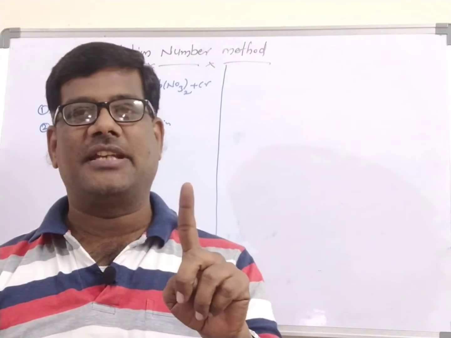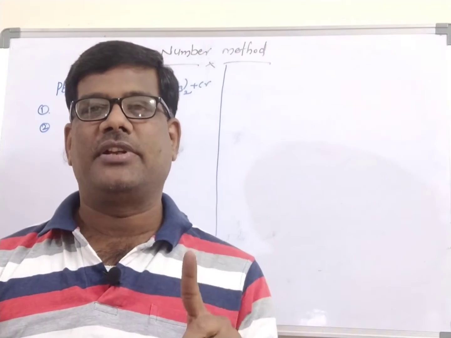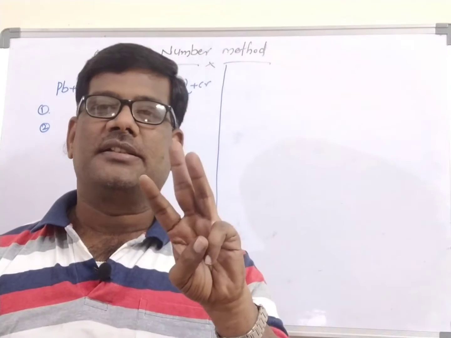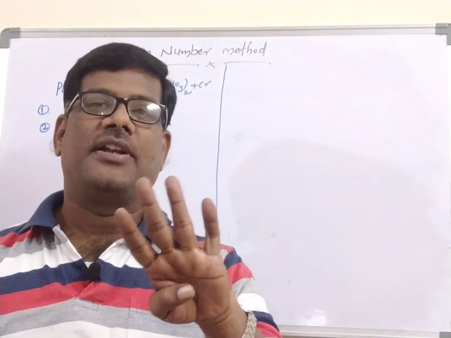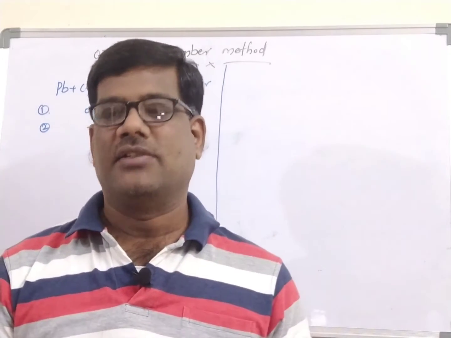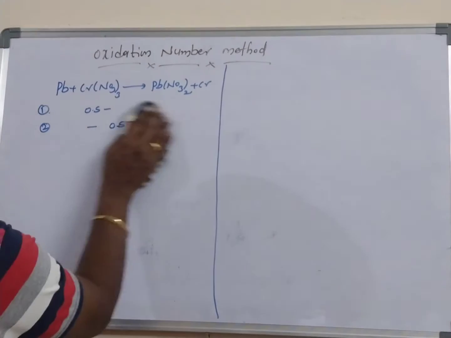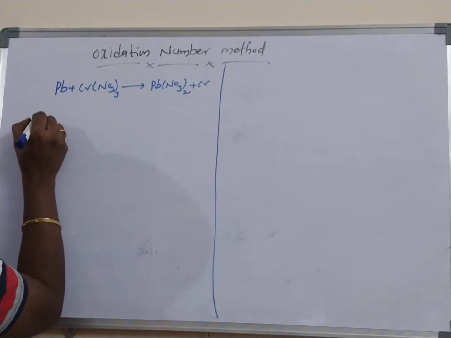First step, once again I am giving you. First you have to calculate the oxidation state of each and every element. Then you have to find whose oxidation state is changing. Third, you have to balance with respect to the atom. Then last and final one, equalize the increasing oxidation state with the decreasing oxidation state. Here I will take this example, and by using this example I will explain the 4 steps. Come on here.